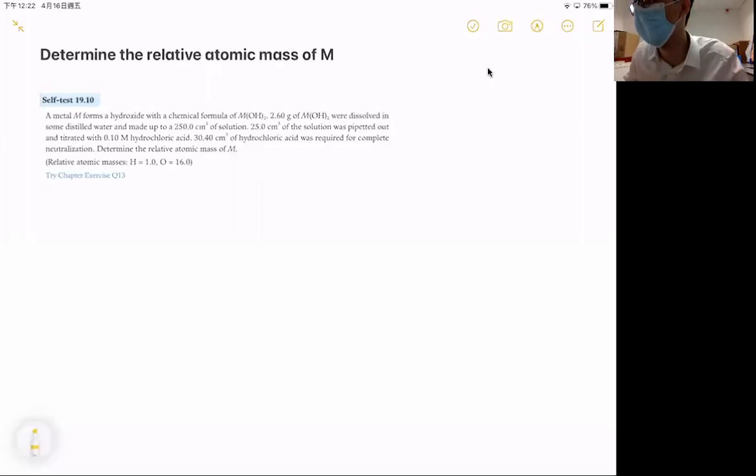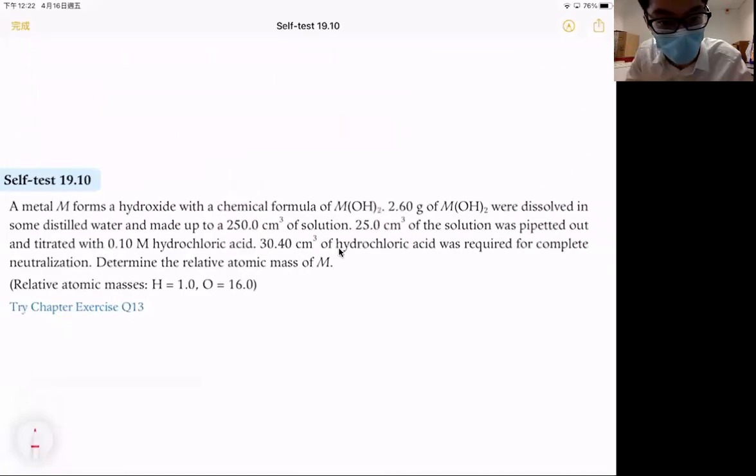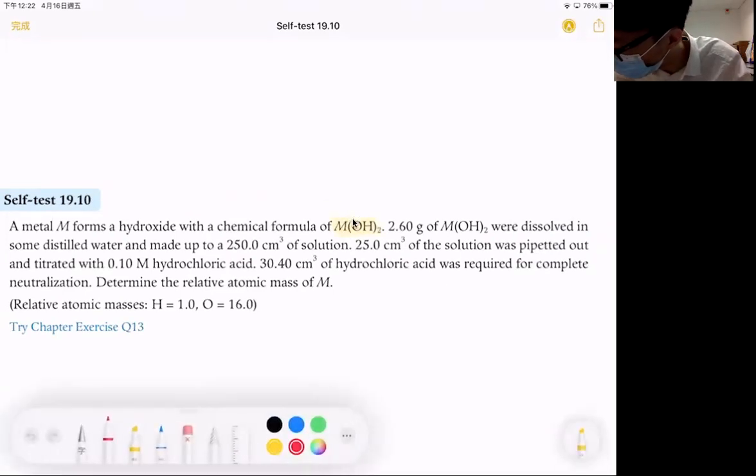So in this question, you are going to calculate the relative atomic mass of M of the metal hydroxide. So here is the information. We have a metal M hydroxide. From the chemical formula, we will know that for the metal M, it is 2 positive. With a positive 2 charge, we now have 2.86 gram of metal hydroxide, and it is dissolved in water